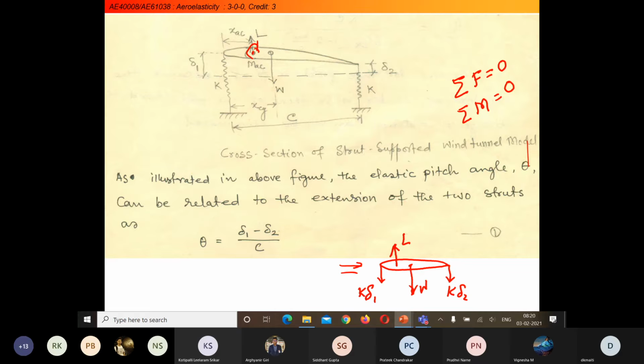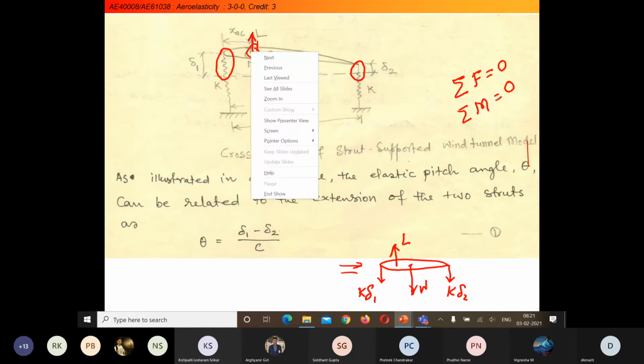See, due to the eccentricity of this force, what will happen? This spring will be taking more force. This spring will be taking less force. The force, whatever is developed, L, to balance that force, as this, it is not at the center. If it is at the center, then delta 1 and delta 2 will both be the same. But as it is not at the center, as it is acting through the aerodynamic center, that's why I